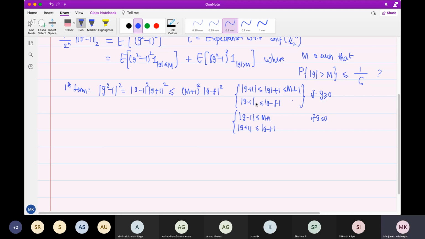See, when g is positive, g minus 1 is the smaller of the two, g minus 1 and g plus 1. When g is negative, g plus 1 is the smaller of the two. So the distance from g to f will be at least the closer of the two, right? g minus 1 and g plus 1. So that's all. Okay, so this is okay. So consequently,